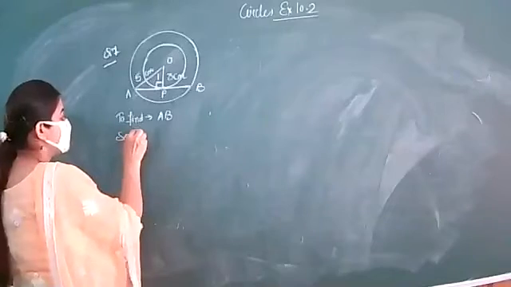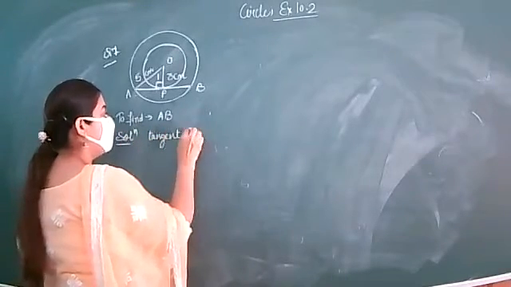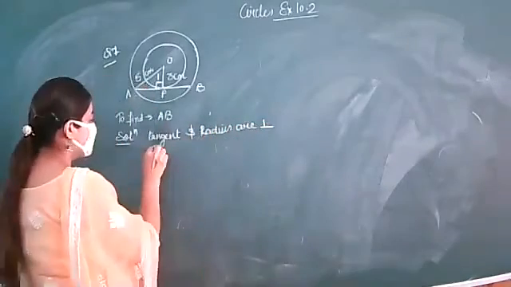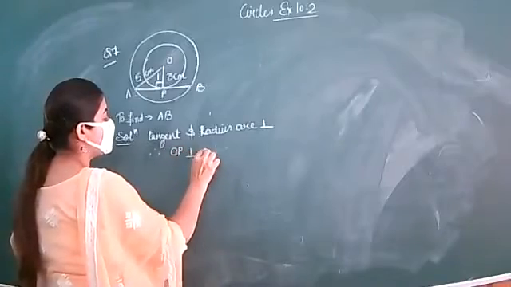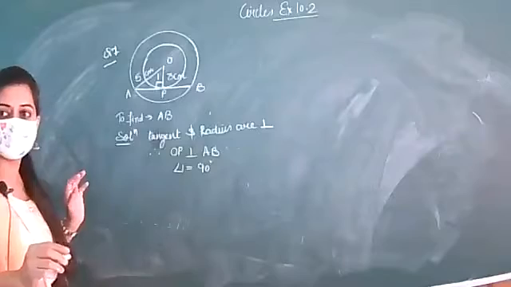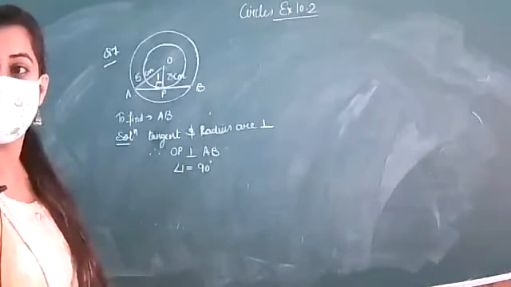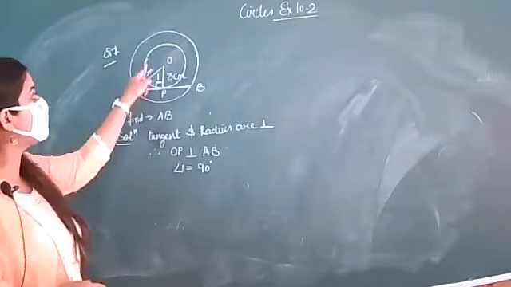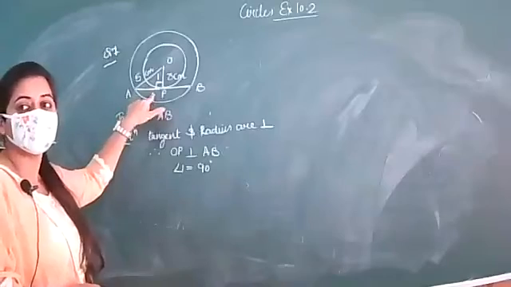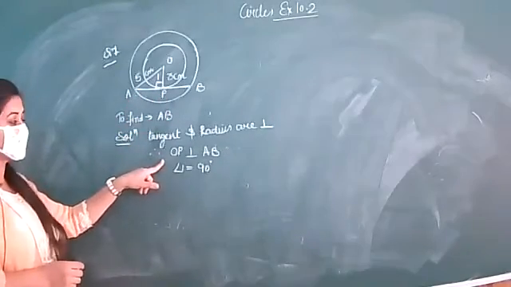So start with the solution. So first I am writing tangent and radius are perpendicular. This means OP is perpendicular on AB and angle 1 is your 90 degree. Is this clear? If this angle is your 90 degree, then triangle POA will become a right angle triangle. So if it is a right angle triangle, you can easily apply Pythagoras theorem to find the third side, that is called your AP. So we have used one of the results from this chapter.